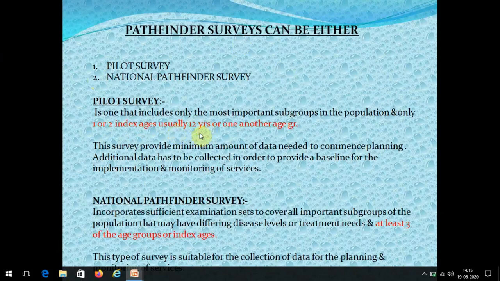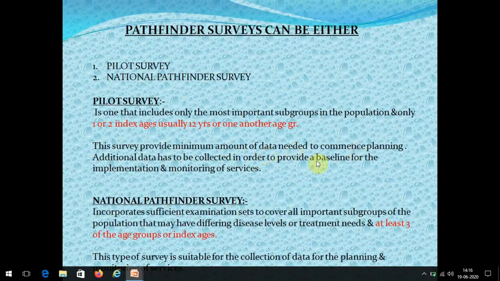So it is like we don't take all the age groups, just one or two index age groups, and mostly the 12 years will be one among that, and we do the pilot survey. It will be a very small study. Why we are doing a pilot study means it provides the minimum amount of data